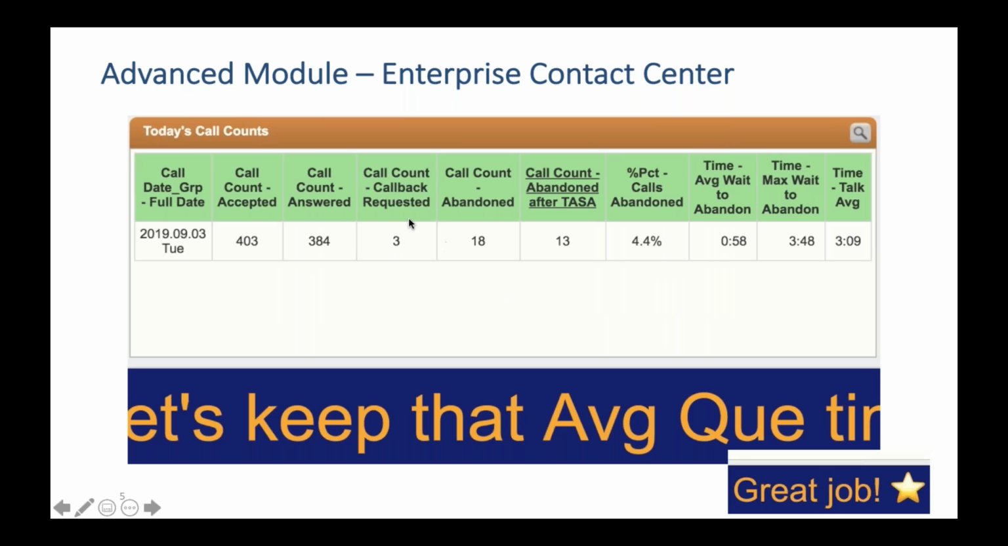Some more historical information here as well. So for example, I have today's call counts, right? Today's date, how many have been accepted, how many have been answered, what's my callback request. A callback is an IVR feature that allows you, if you don't want to wait in line, to request a callback, so it shows how many times that has happened, how many calls have been abandoned, and the percentage of calls abandoned. And so, right, if I know that my target is to maintain below a 6 or 7% call abandon rate, then I can see very quickly that I'm meeting my target service levels